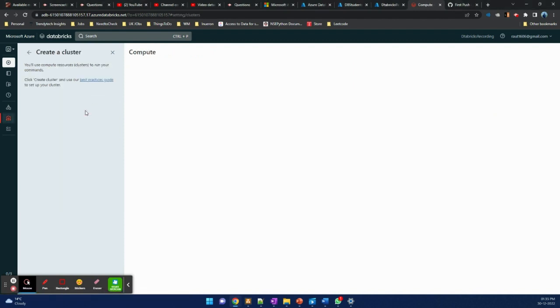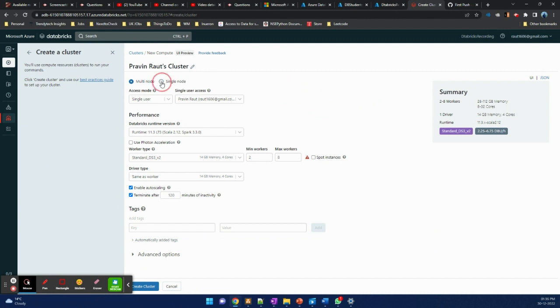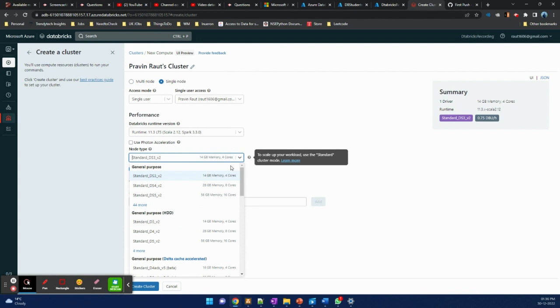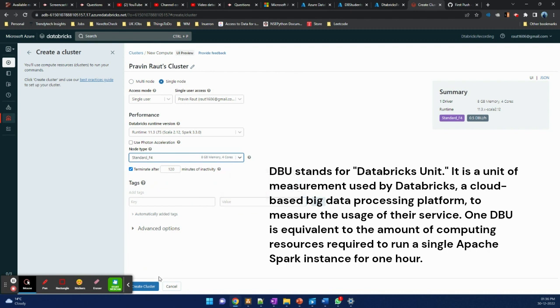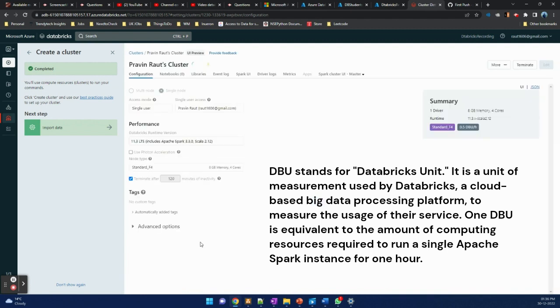So to start with, let me create a cluster. I will create a compute. I will select a single node. It would be cost efficient. Right now 0.75 DBU is also high, just for exploring Databricks. So I would select the Standard DS4. It has 8 GB memory and 4 cores, just enough for our use case. So let me create the cluster, and till the time the cluster is getting created,